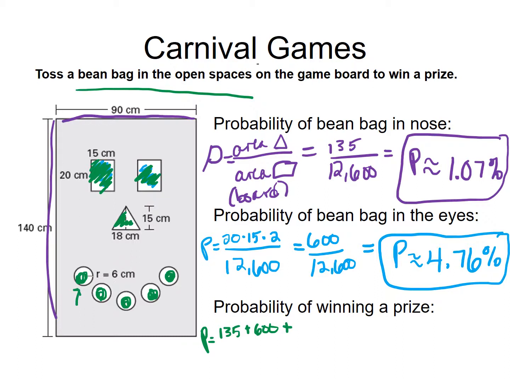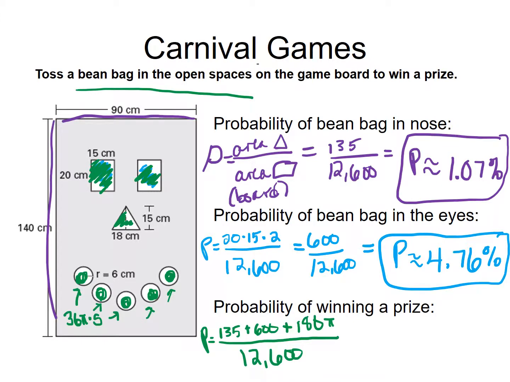Well, one circle, the area of a circle is going to be pi r squared. So our radius is 6, so it's going to be 36 pi, but there's 5 of them, so we have to multiply that by 5. So 36 times 5 is 180. So we have 135 plus 600 plus 180 pi all over the